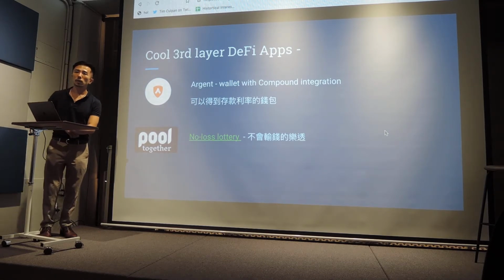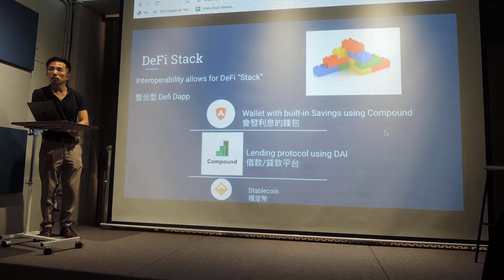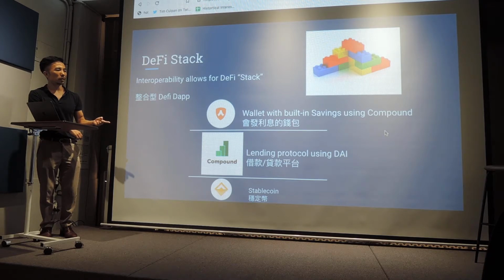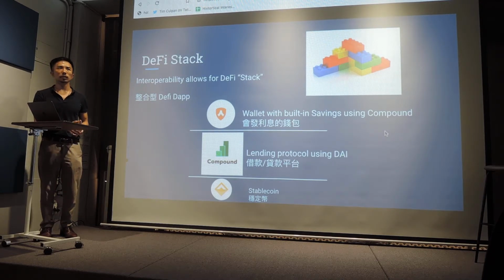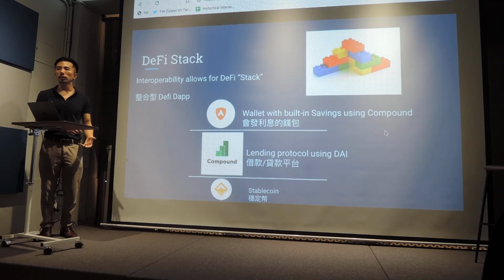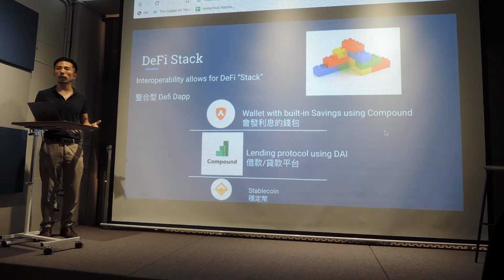So can we have such depth on Tron or on EOS? I think maybe we can have the same depth on other chains. Yeah, I mean you can build anything on anything, but the thing is that people have put a lot of work into these applications. So you can do that, but it's going to take time. If Tron wanted to do what Ethereum did, it would take a while.